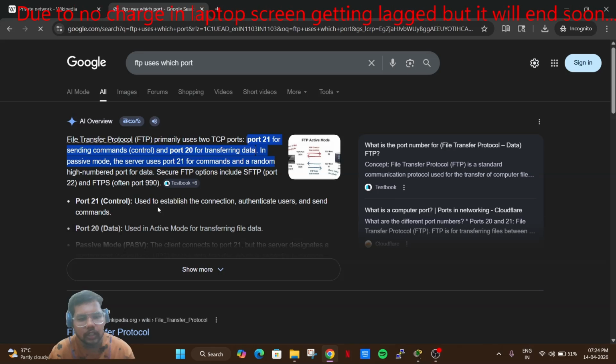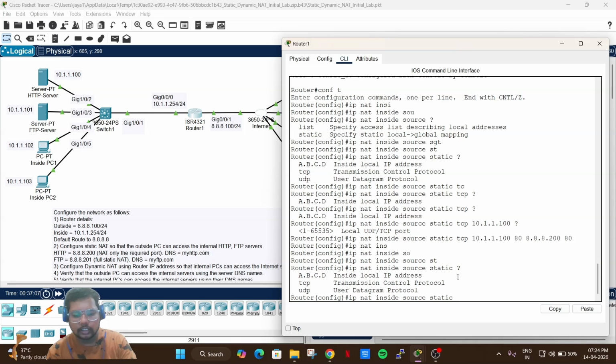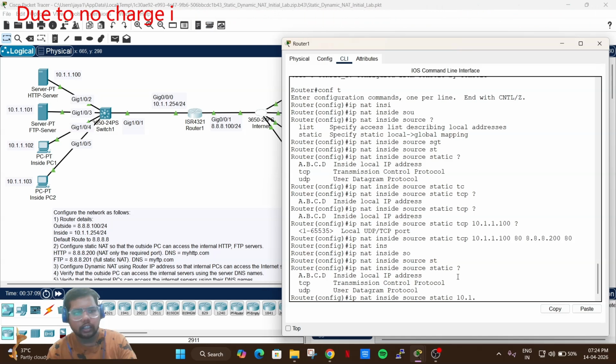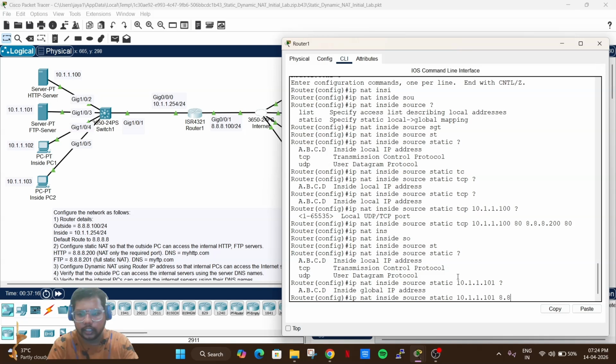Yeah, so ip nat inside source static. So here we will give the IP address 10.1.1.101 with the inside global IP address, which is 8.8.8.201. Next,